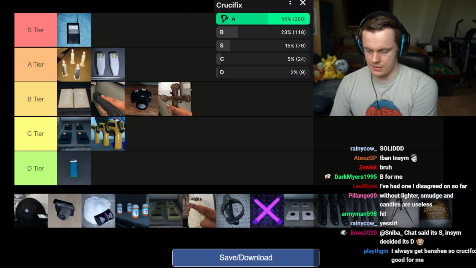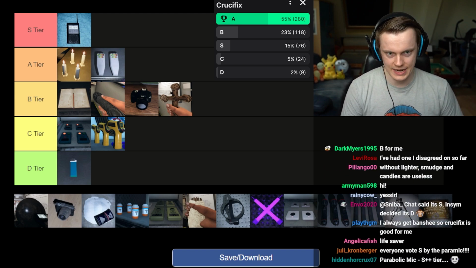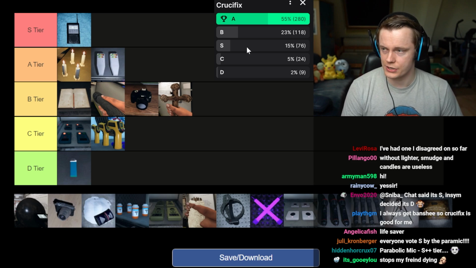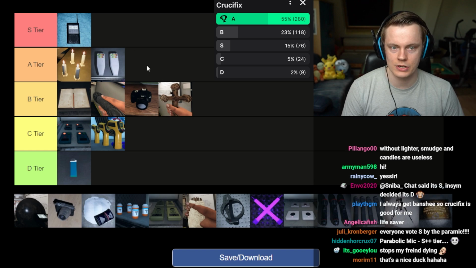Because in my, let me quickly copy paste this. Like, I don't know. I can't put it in A. Or people saying A on this one, sorry, not C. I can't put this in A. Just the fact that it's limited uses and